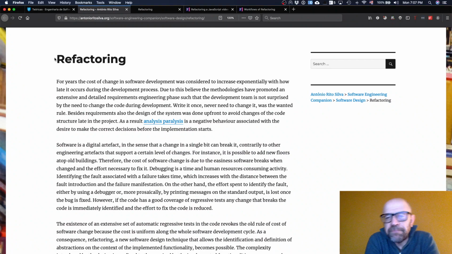Okay, I've come back. So this is something new in the way you look at software, because you have this idea that the cost of development is related with the age of the software. This is an old idea, and it is strongly related with the thing that you have at least two life cycles in the development of a system.